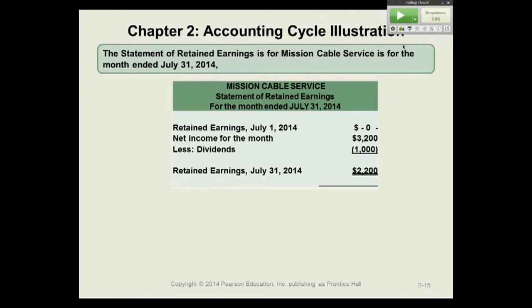Sure. Okay, so Joanna, for August? Yeah, okay. The start for August is 2,200, right? Can you subtract the net income from that, or do you add it? No, you had it. So, all right, let's take this where we want to go with it. Here's what we want to do. We want to come up with